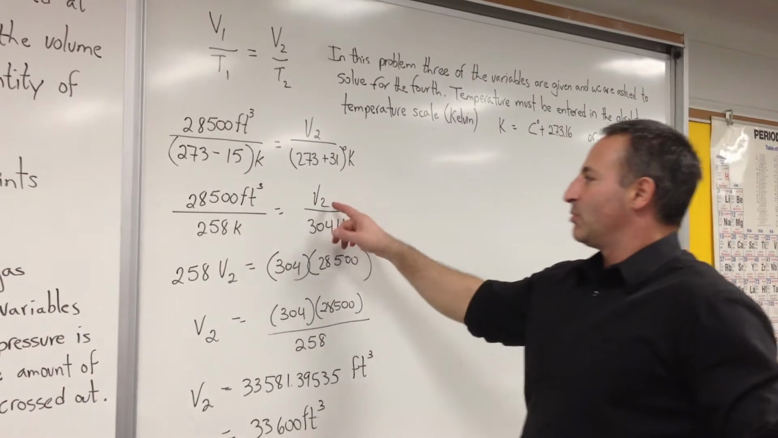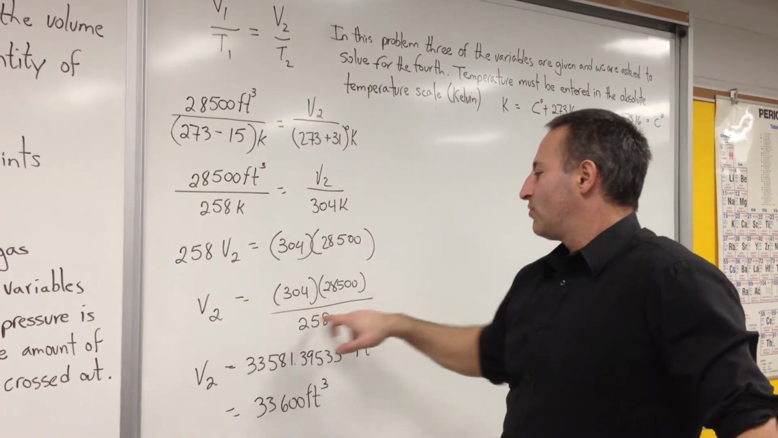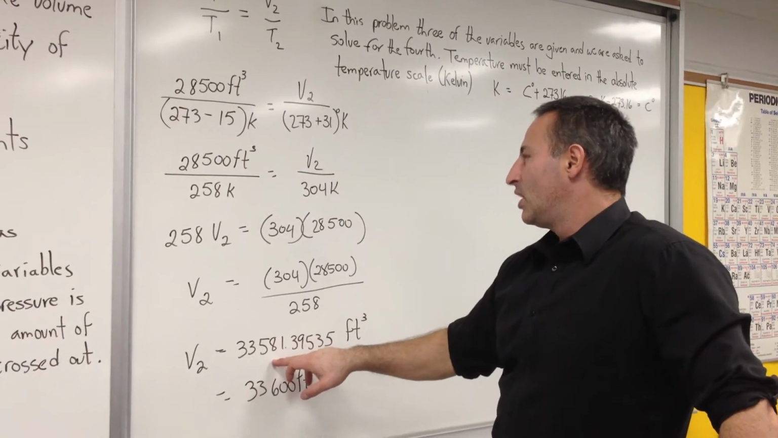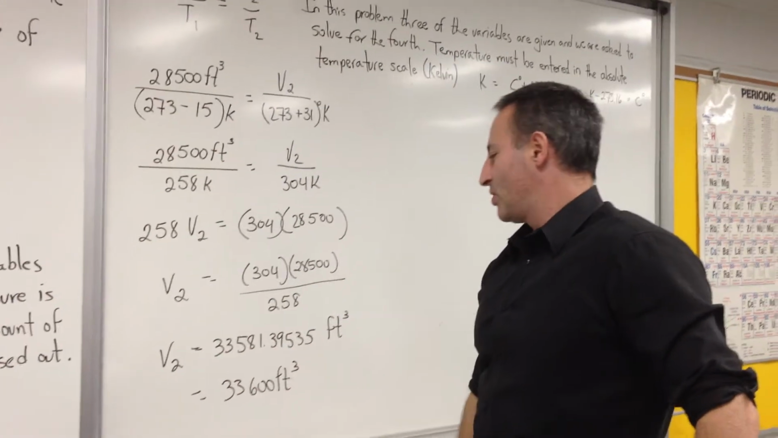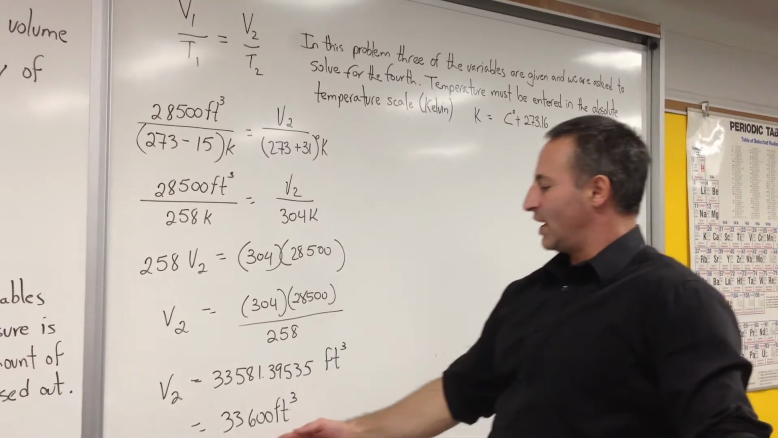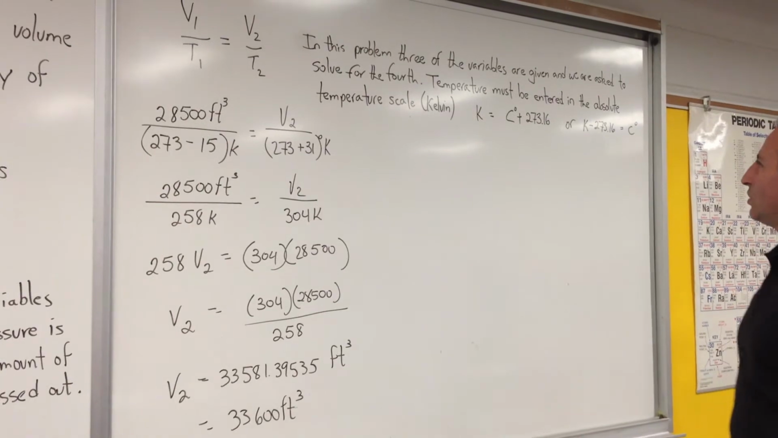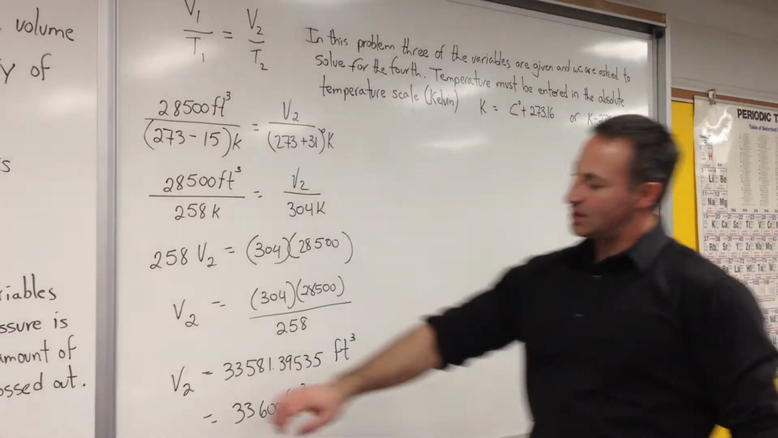So we isolate the variable V2, and we solve for it, getting the volume is 33,000 feet cubed. We're only allowed 3 sig figs, so we report the answer to 3 significant figures, 33,600 feet cubed. On the next problem,